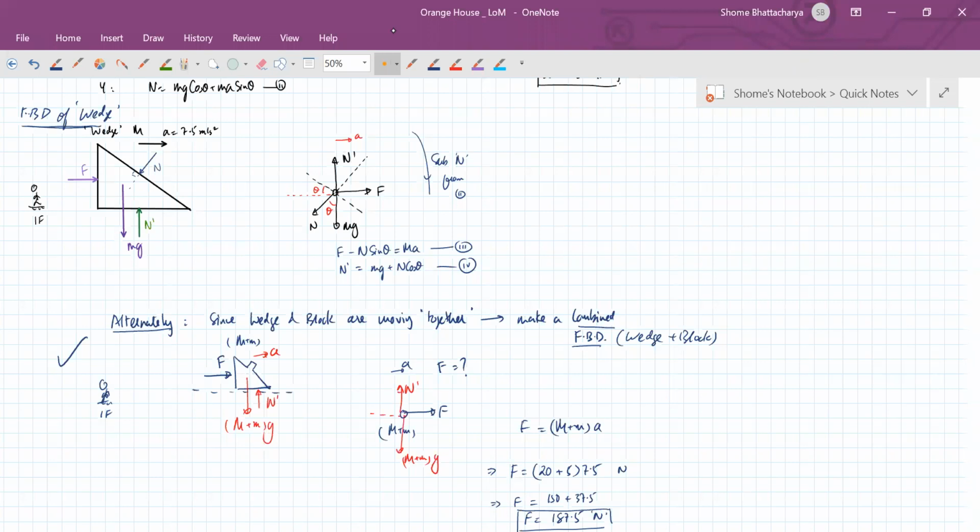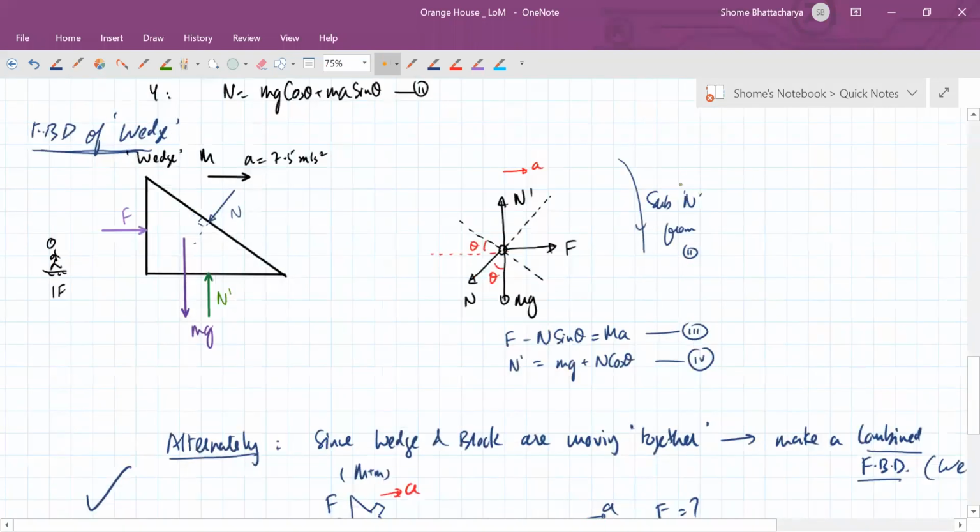Any doubt with this? Okay. Let me demonstrate how we'll get the same result from this free body diagram also. But as I told you, it requires a little more effort because we have to also substitute the value of N from here. So when you substitute that, you will get F as